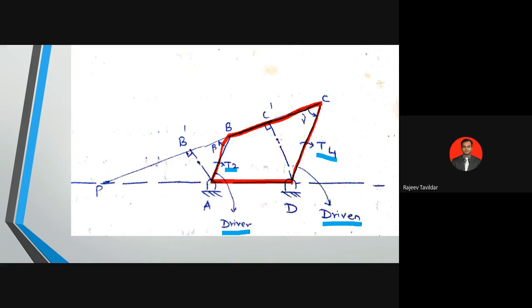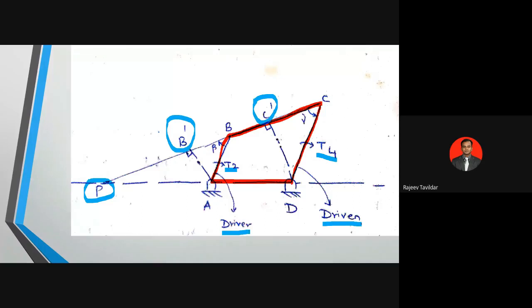Now what we have done is, for the link BC, to understand what mechanical advantage is, I'll just first complete this diagram construction, then we'll go for the definition. The link BC is extended so that it will meet the horizontal link or the fixed link at point P as shown in this figure. And then from point A and D, we have dropped a perpendicular line to this newly constructed line. So you can see that from point A, I have dropped a perpendicular line so that it will meet at B dash. And from D, I have dropped a perpendicular line so that it meets at C dash. Okay, so this is the initial construction that we need to do.